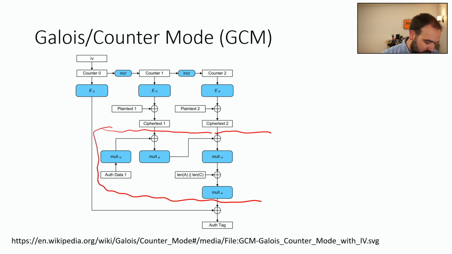So what this means is you're combining all of the ciphertext together. You can see that the ciphertext is XORed with, and this is where there's multiplication in the Galois field. And we have data that we want to authenticate as well as the encryption, which might be like the header or something like that. It chains together all of the ciphertext output